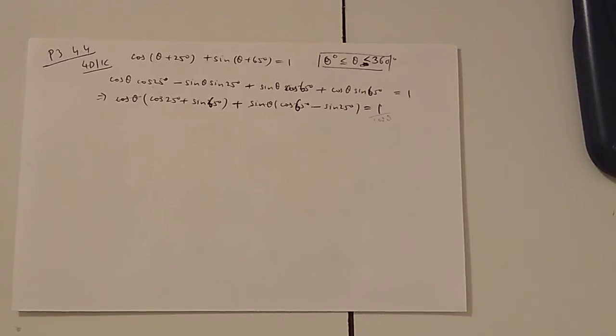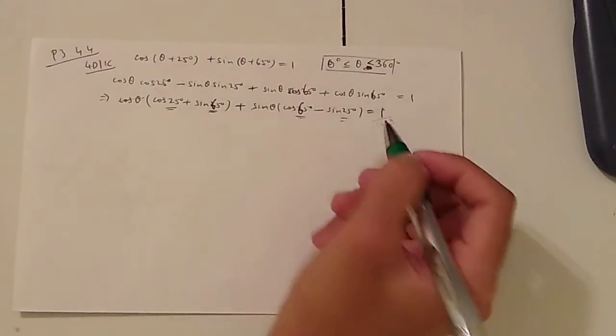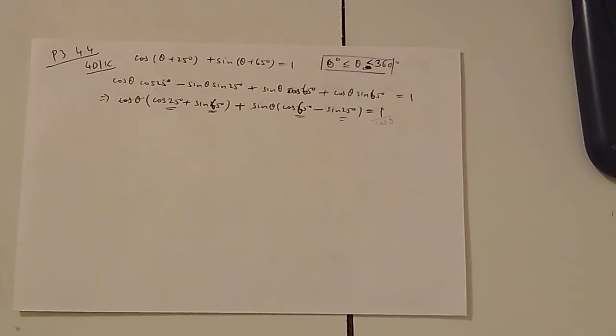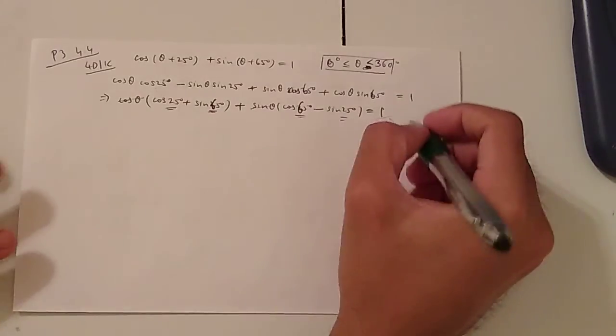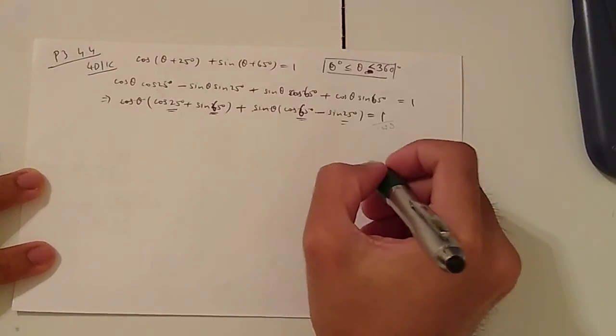Over here the trick lies in figuring out that 25 and 65 do have some relationship with each other. By that we mean that 25 plus 65 degrees is equal to 90 degrees. So if you notice,